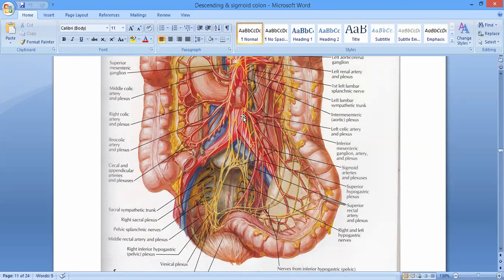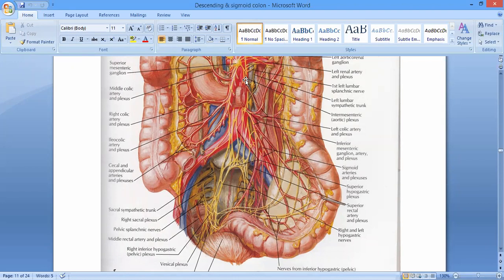So the parasympathetic fibers for the hindgut, they are derived from the pelvic splanchnic nerves. What are the pelvic splanchnic nerves? These are the preganglionic parasympathetic fibers, which are coming from the S2, 3, and the 4 spinal nerves. Is it clear? और इसके जो sympathetic fibers हैं, these are of course they're coming from the along the aortic